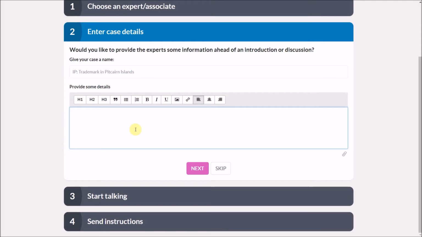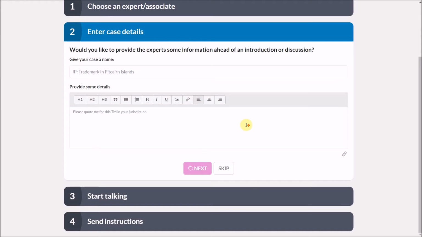Now if you were looking to ask for quotations from a number of potential suppliers, this would allow you to put information in saying, please quote me for this trademark in your jurisdiction. You could upload a file, attach a file to it with a little more detail, and obviously populate that with your message. Now when you click on the next button here,